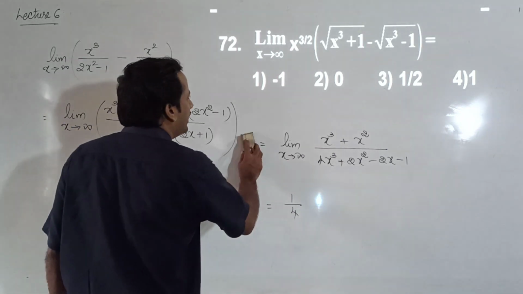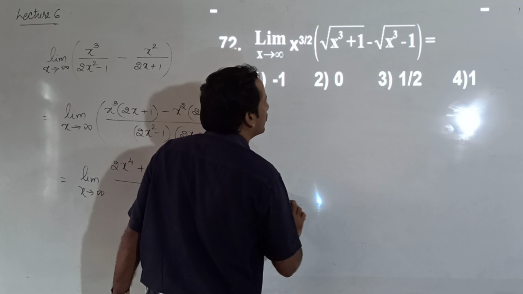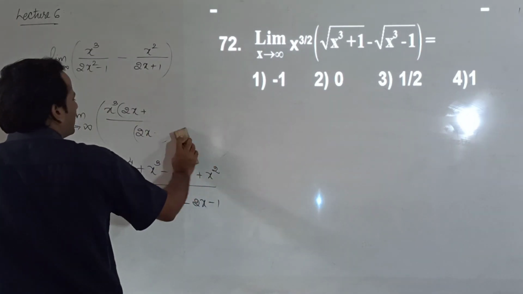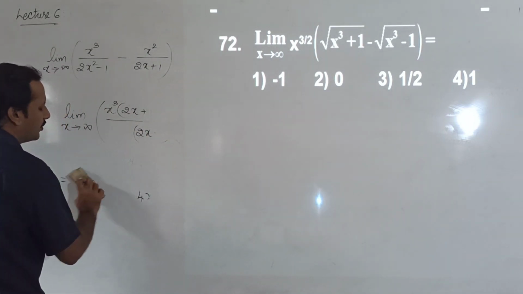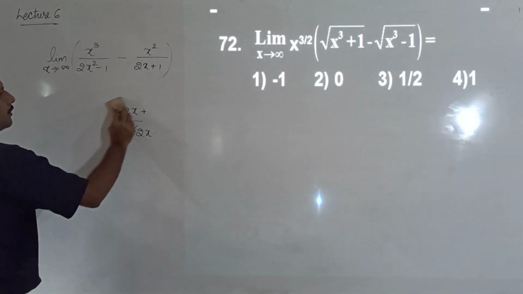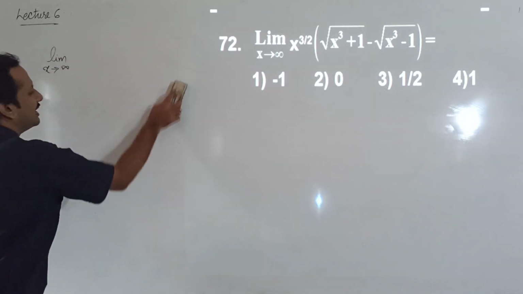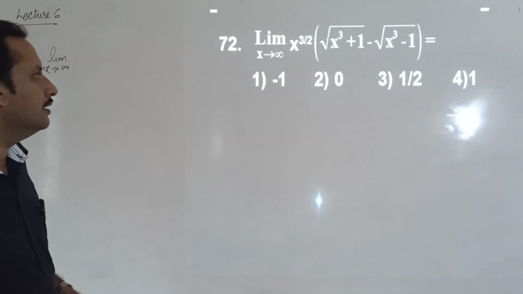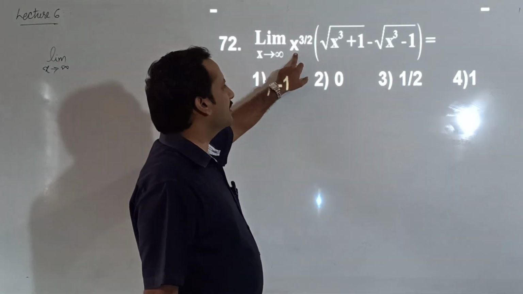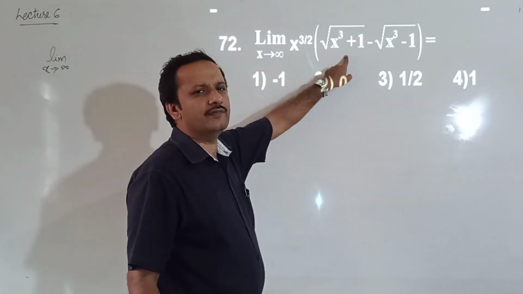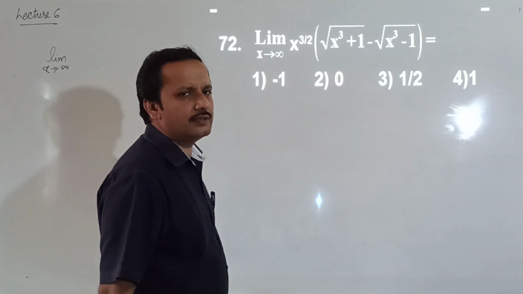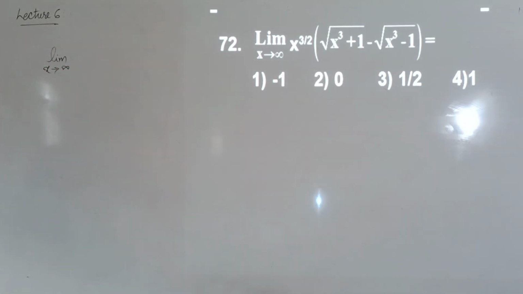Limit x tends to infinity x to the power 3 by 2 into root of x cube plus 1 minus root of x cube minus 2. As it is, if I apply the limit, x power 3 by 2 will become infinity, and the cube root of infinity is infinity, so we get infinity minus infinity. This is an indeterminate form. So here